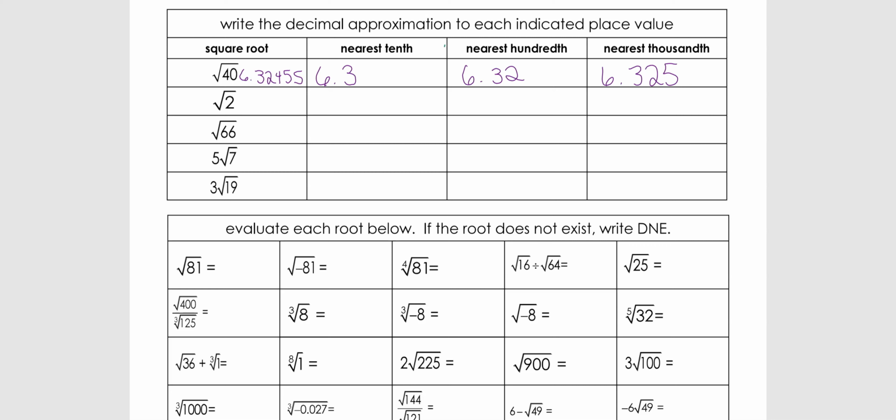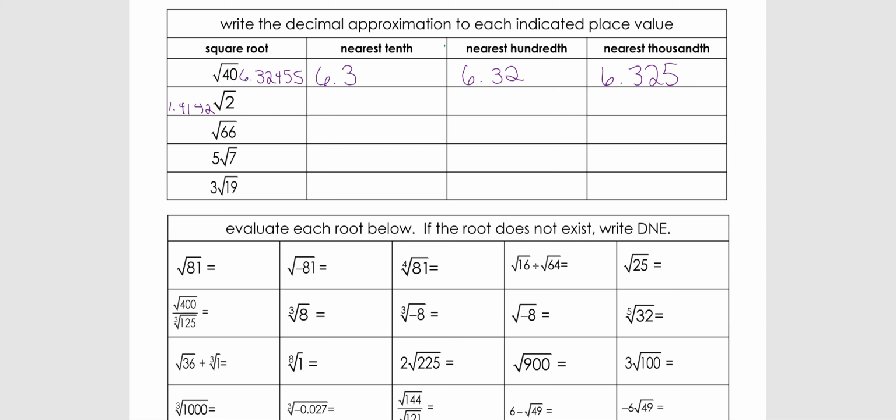Now we're going to do the square root of 2, which is a good one to know. Remember, somebody may or may not have died over the square root of 2. So the square root of 2, we know it's between 1 and 2, and my calculator tells me that it's 1.4142. I'm going to the fourth decimal place because